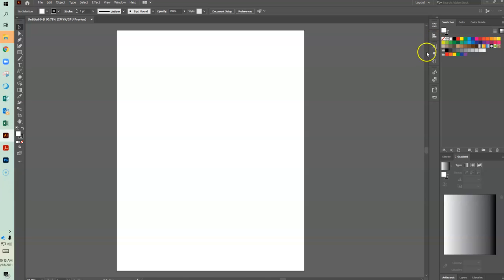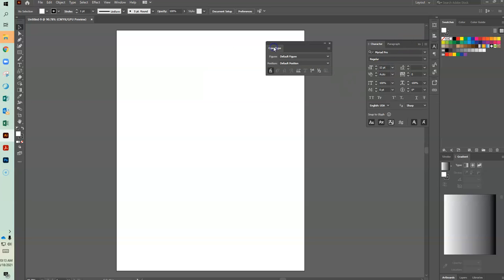Now, what we want to do is click on the A here, and that's the character panel. It'll open the whole panel group, so you'll see 3 tabs. And we want to click on the thing that says Open Type and just drag it off. And this time, instead of making it an icon or adding it to anything, we're just going to get rid of it. So to remove it, you just click the X. And once you have done that,